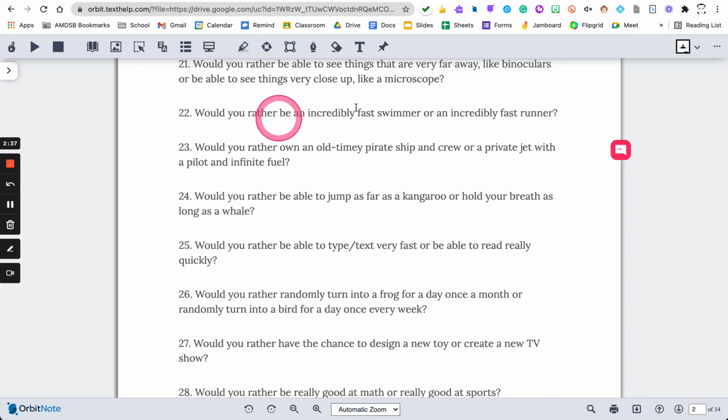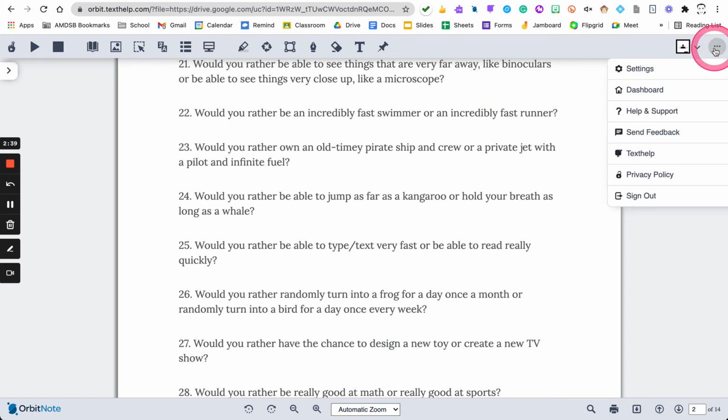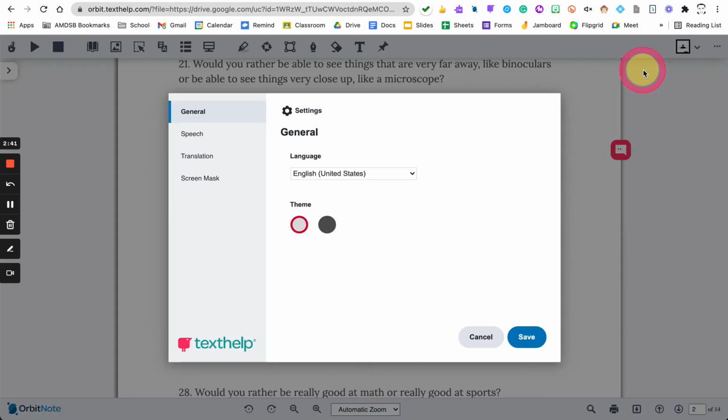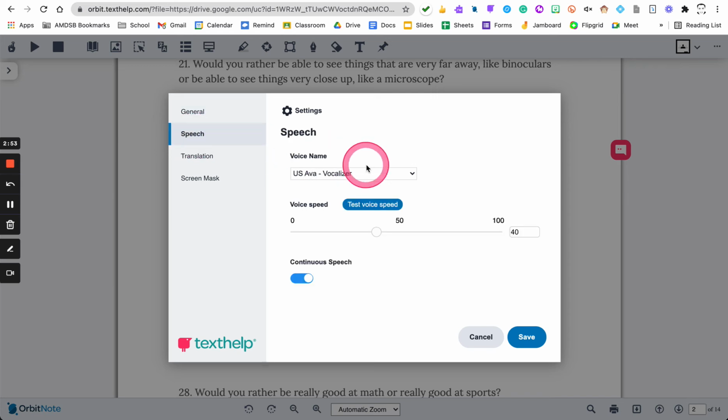And then the last thing to highlight here are a couple of settings that you'll want to be aware of and to show students. Depending on the age, they may want to experiment with this as well in terms of the speed and voice. So if I go on the left side here to speech, and then on the right side I get my voice name,